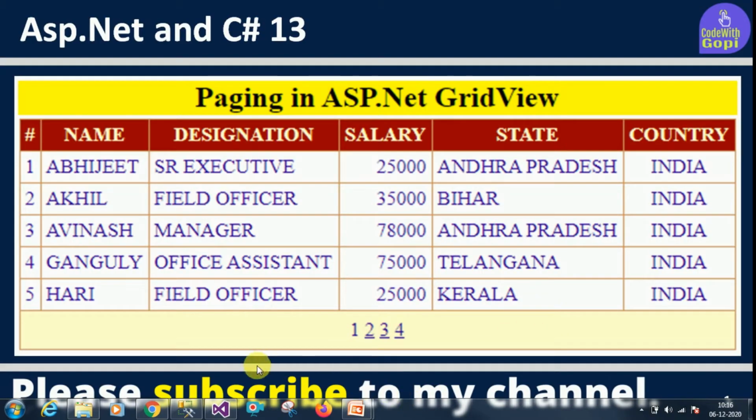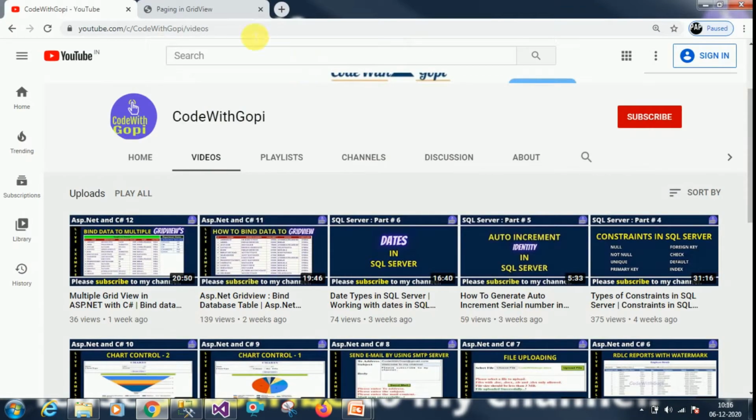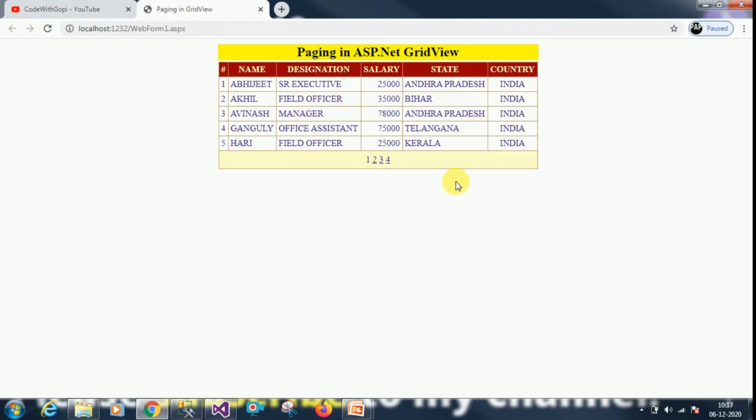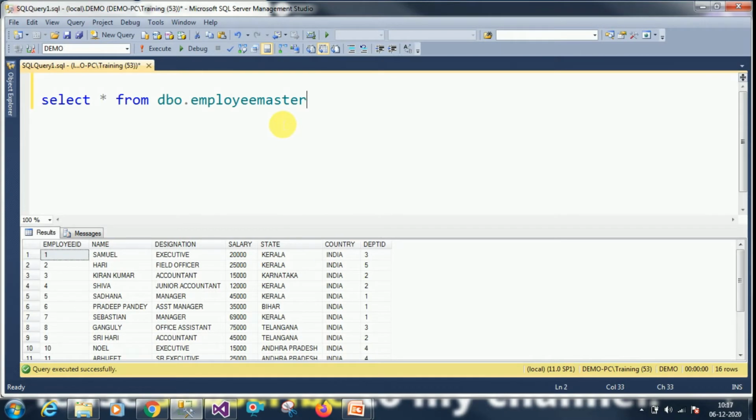First we'll see a quick demo. So this is the example we are going to implement in today's session. We will create one HTML table and we will create one grid view here. We have one table called employee master. We will try to get the data from the database by using a stored procedure, and we will bind the data